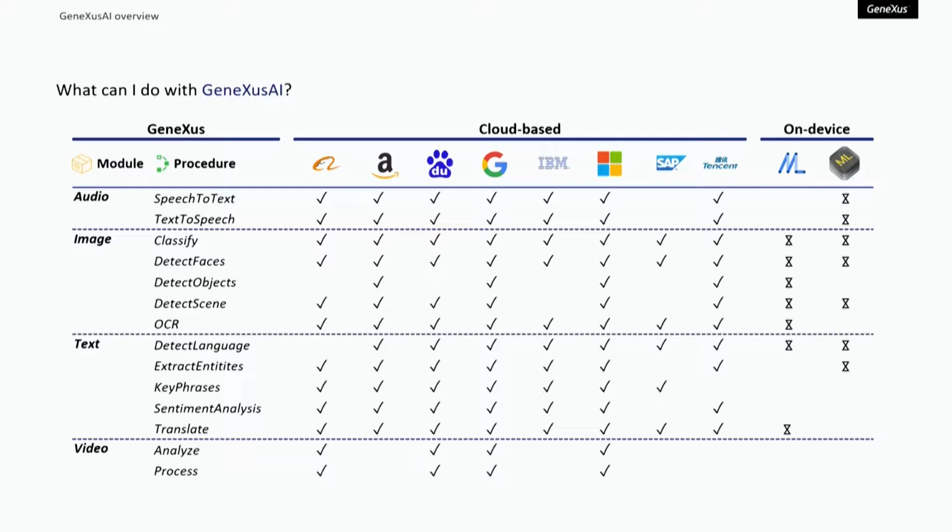We can certify images. We have OCR, optical character recognition, which will allow us to extract text on the basis of images. Under text, we have detect languages, extract entities, extract key phrases, analyze sentiments. This means on the basis of the opinion of a user, you may decide whether that opinion is positive or negative. Then we have the classic translation systems, and